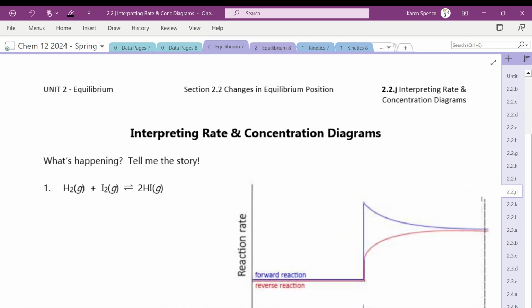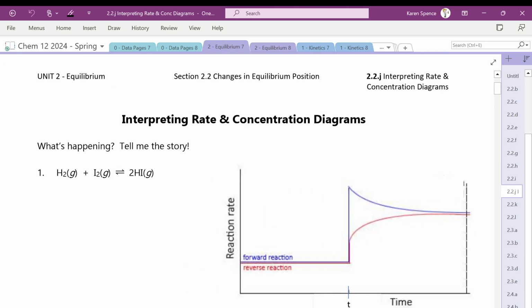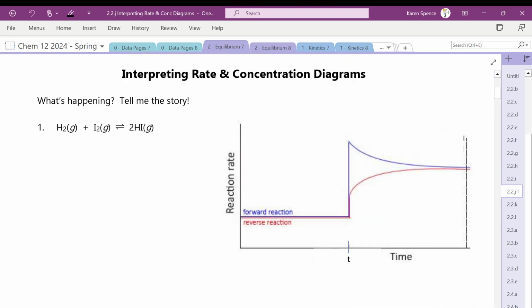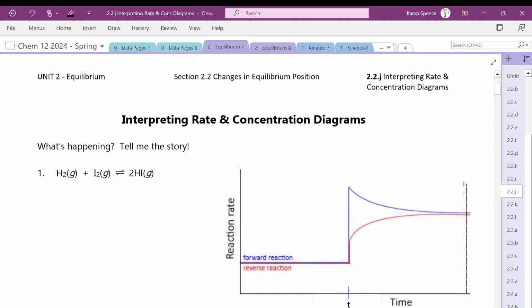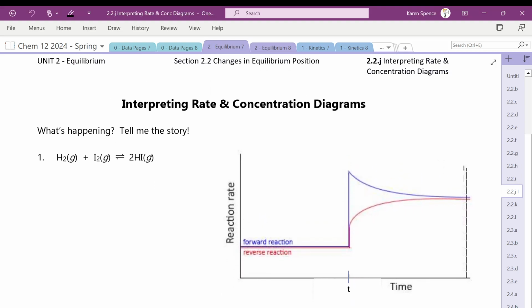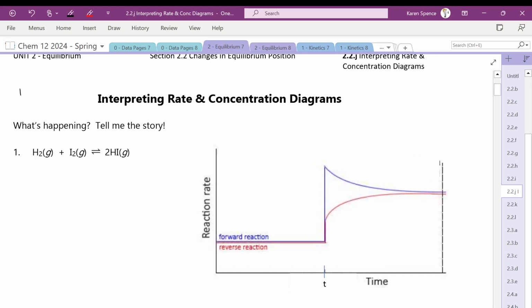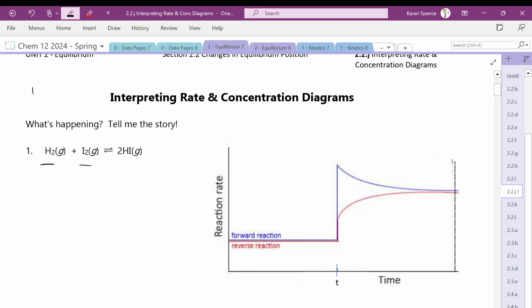Just in case you're wondering what this 2.2J is all about, this is on page 72, because this is kind of like a weird worksheet. But it's kind of like, can you interpret the diagram? Yes? So if this is a rate diagram and we have H2 and I2 gives 2HI,